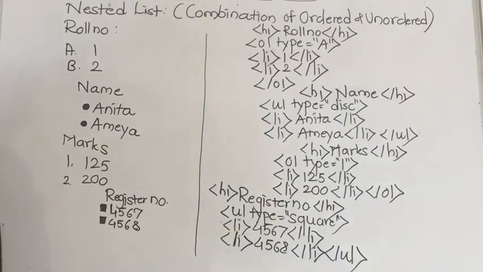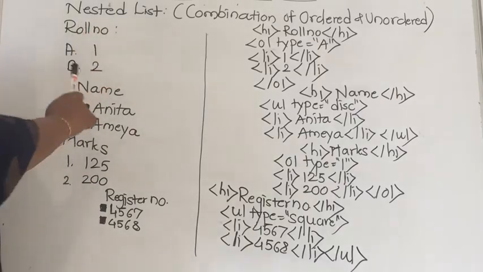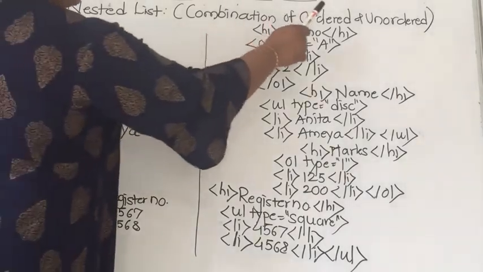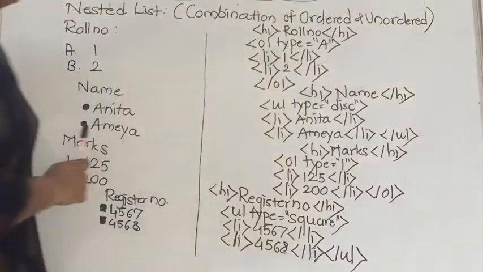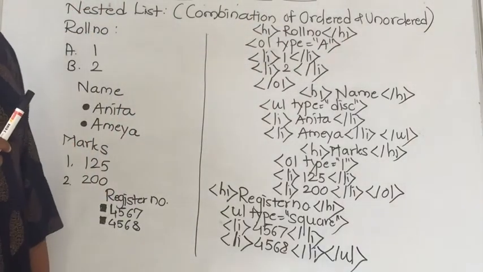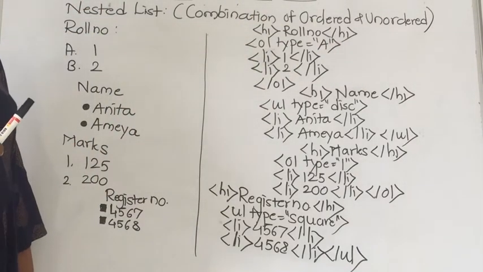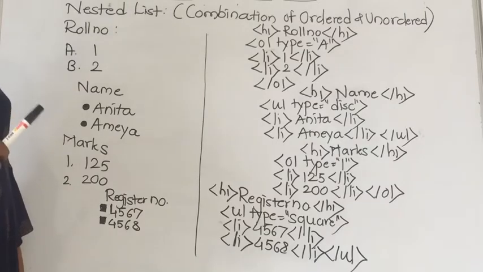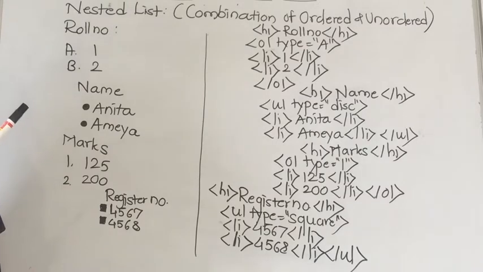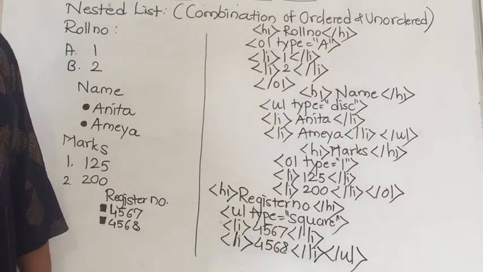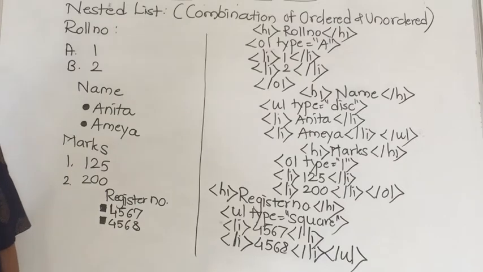Okay, we have seen ordered list and unordered list. Now the next type we are going to see is the nested list, which is a combination of ordered list and unordered list. Now you know the types of ordered list. Ordered list may start with 1, capital A, small Roman 1 and capital Roman 1. And unordered list has three types: disk, then square and circle. Now let's see with the example.